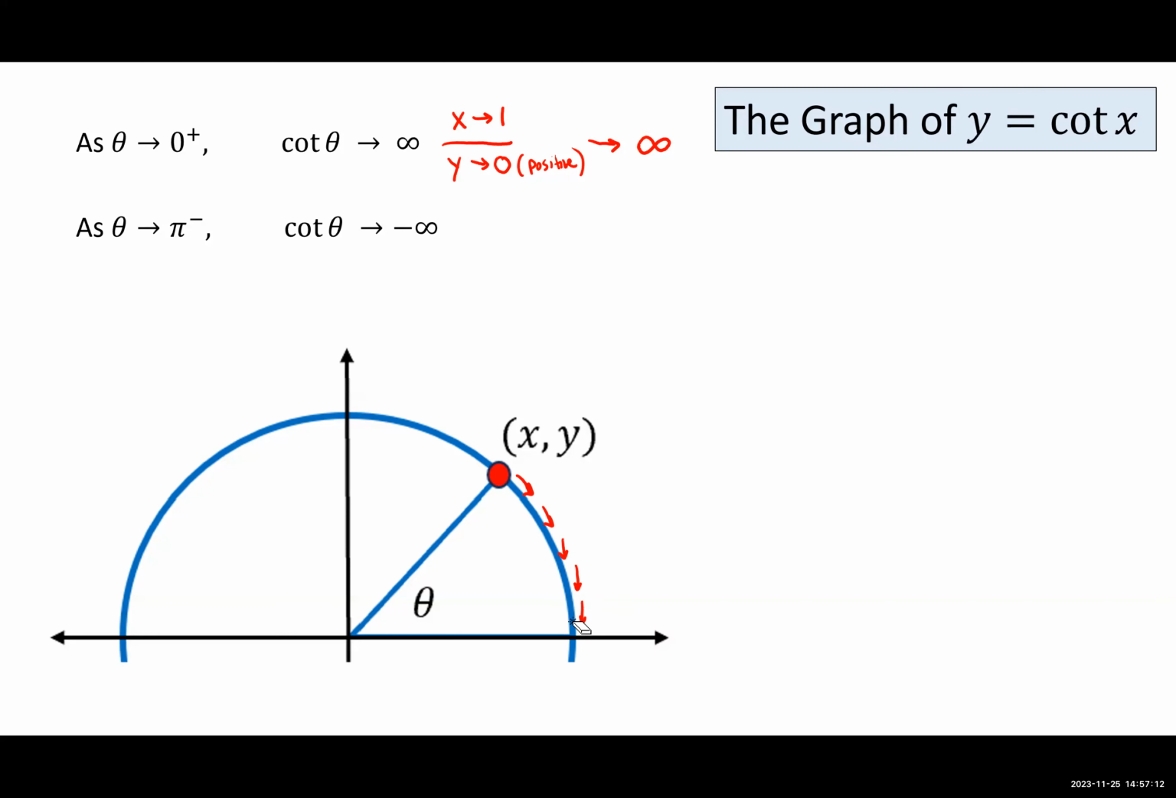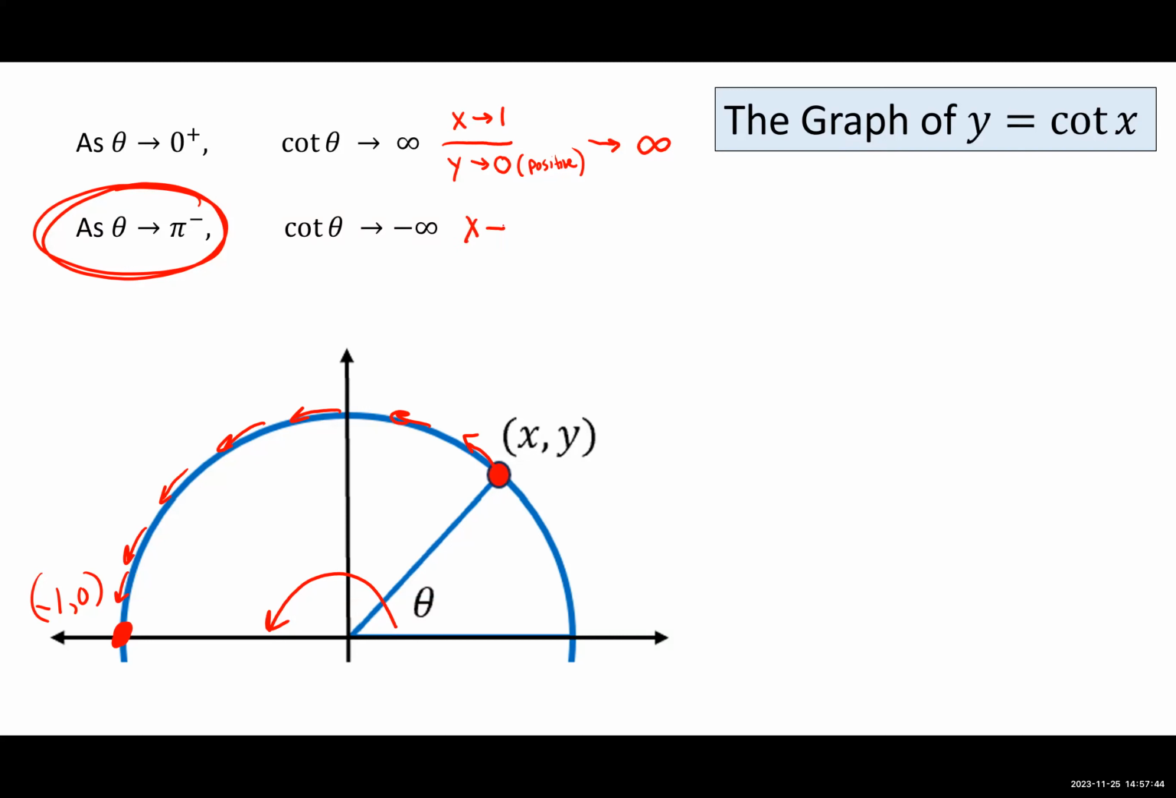By that same reasoning, as the angle goes to pi, remember pi is 180. That's an angle of pi. An angle of pi puts you at this point right here, -1 comma 0. So as this red dot, this red point gets closer and closer, traveling along the circle, as it's getting closer to the point negative 1, 0,